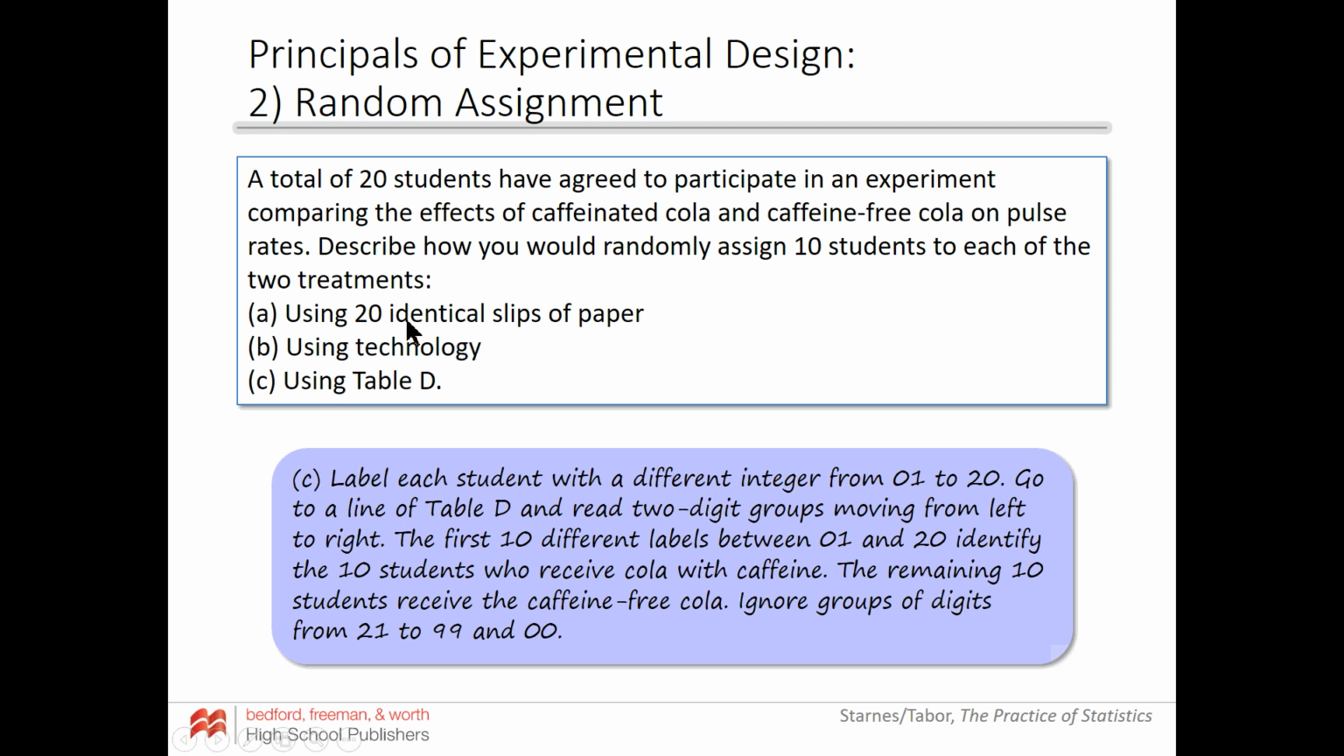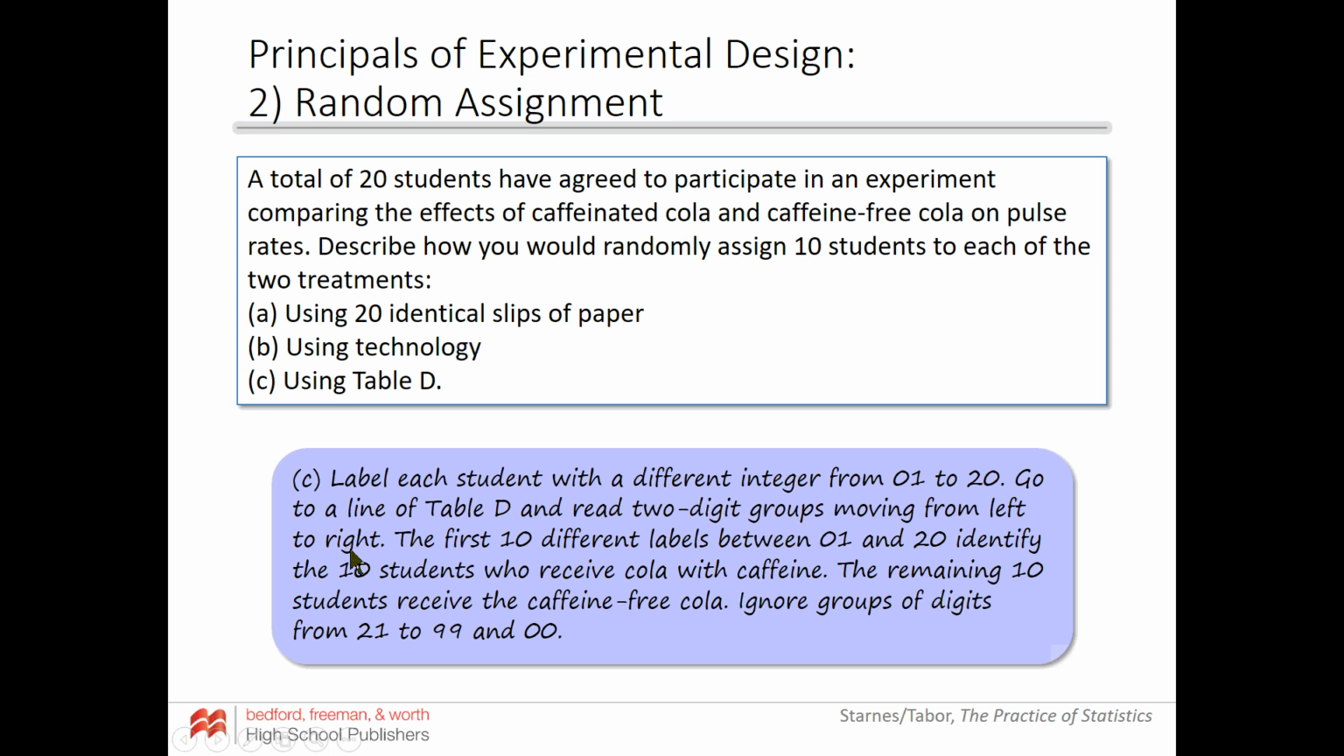So look, if we want to randomly assign 10 students to 2 different treatment groups, we're going to label each student with a different integer from 01 to 20. Notice every student gets the same number of digits. If I started with 800 students, they would all get 3 digits, like 001 to 800. Then we go to a line of Table D and we read 2-digit groups moving